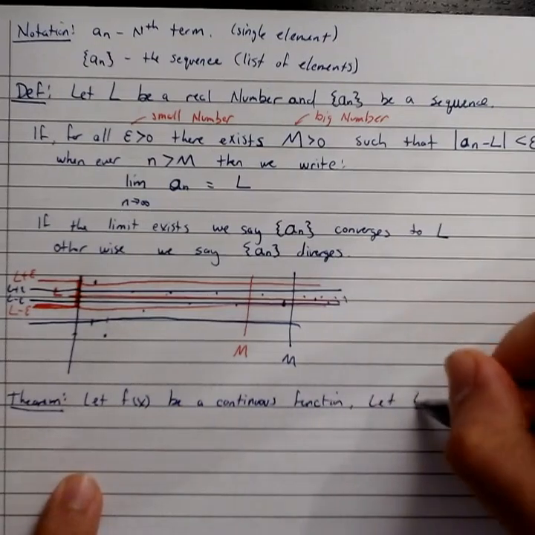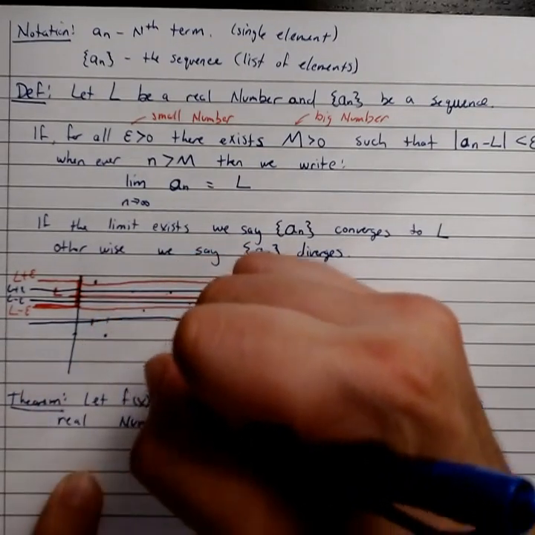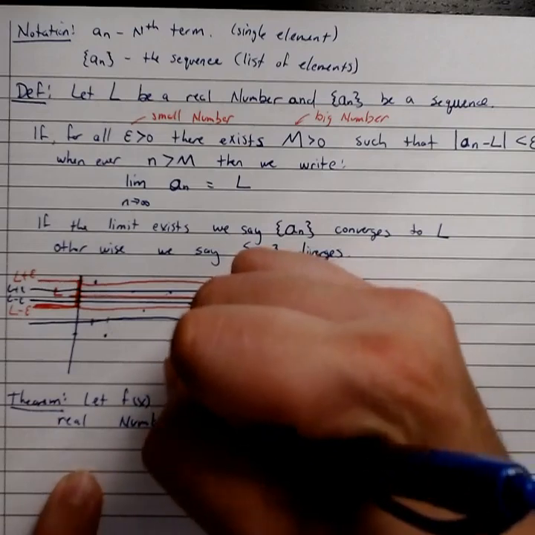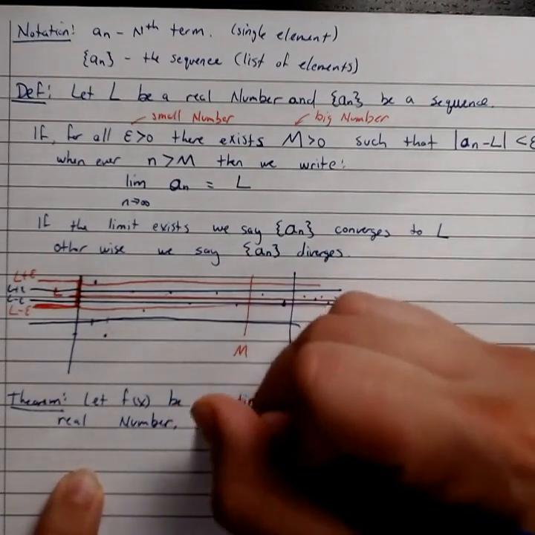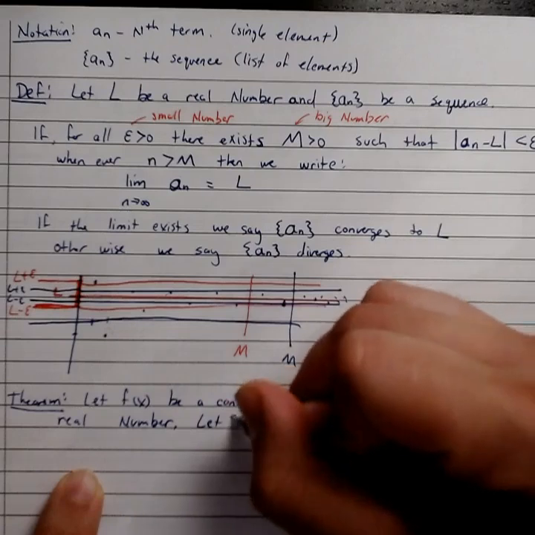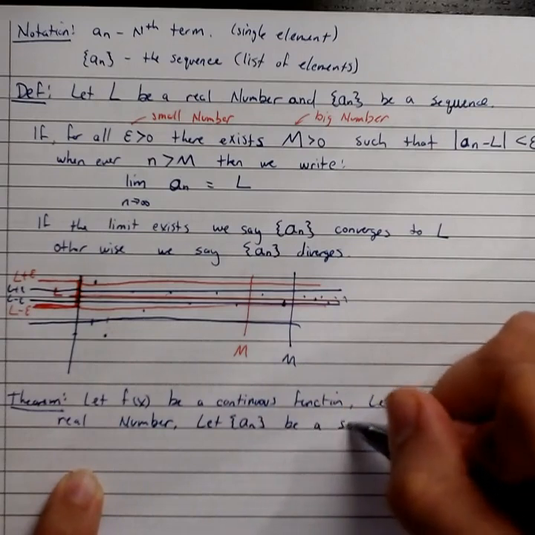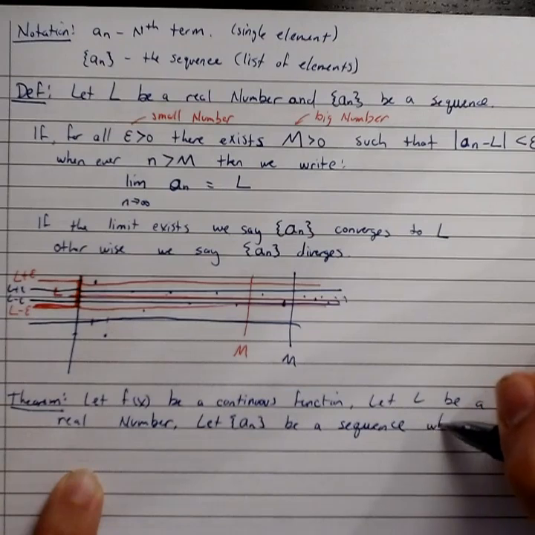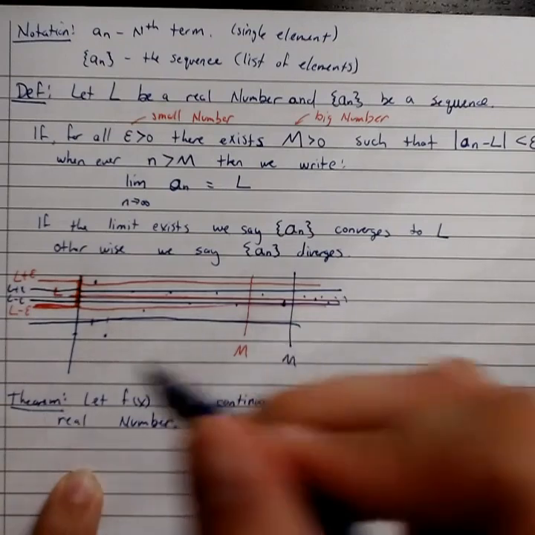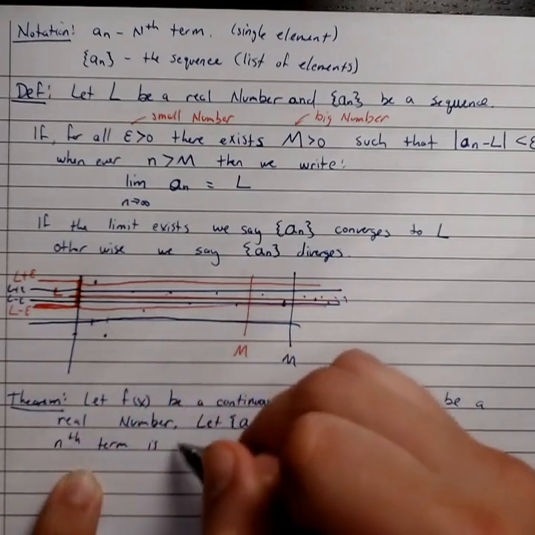Let L be a real number. And let a sub n, and that's a sequence, let a sub n be a sequence whose nth term is f